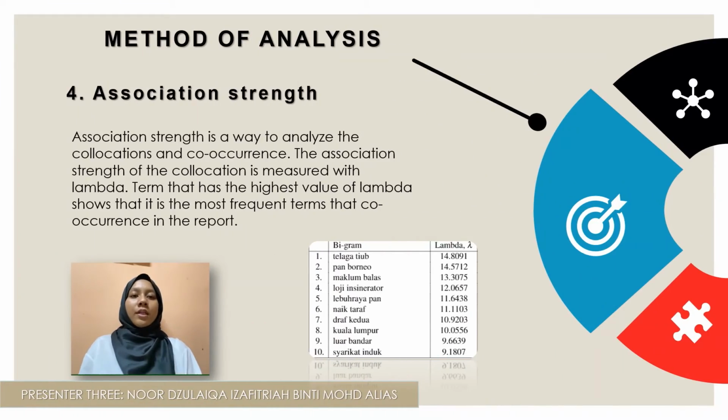The fourth method of analysis used to analyze the trend is association strength. Association strength is a way to analyze the collocations and co-occurrence. The association strength of the collocation is measured with lambda. The term that has the highest value of lambda shows that it is the most frequent term that co-occurs in the